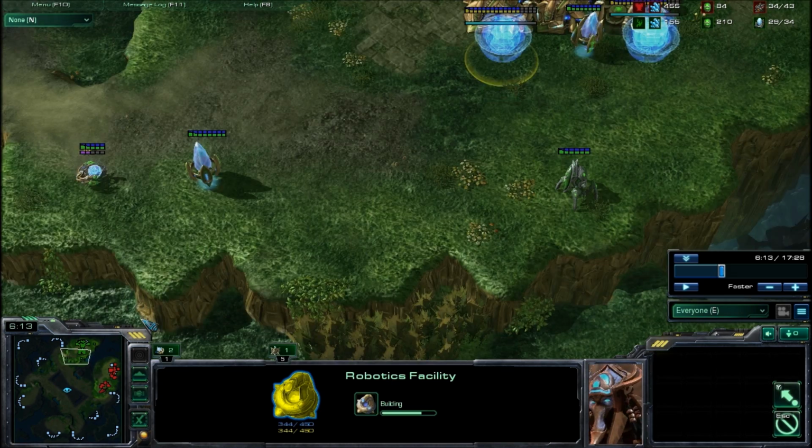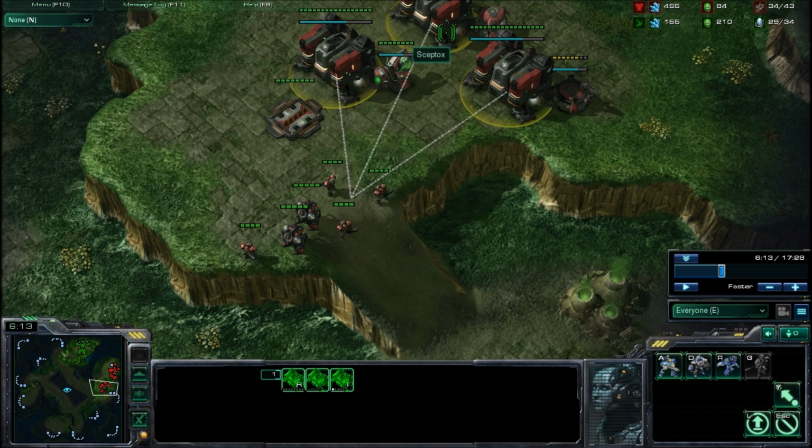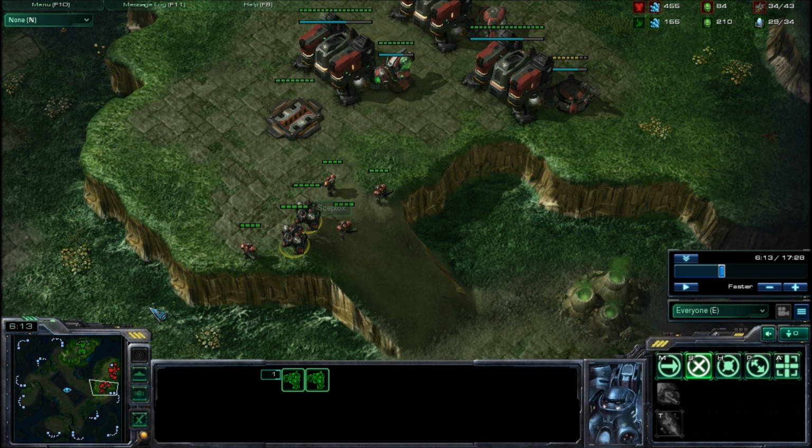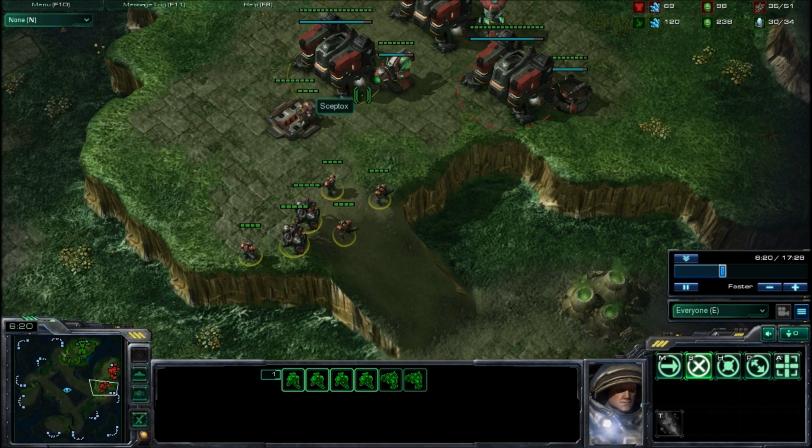Also, immortals that come out of the robotics facility are very good at taking down marauders. That's just how they work. They don't take a lot of damage because of their hardened shields. And in general, while you won't have as many immortals as other units, they're good even if you just have